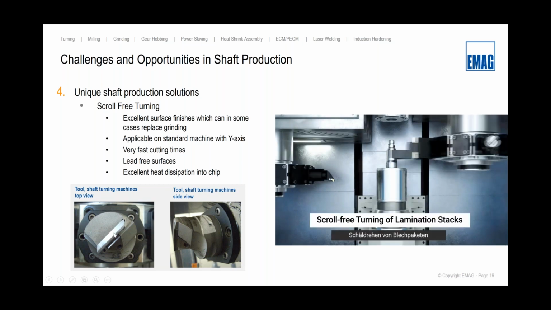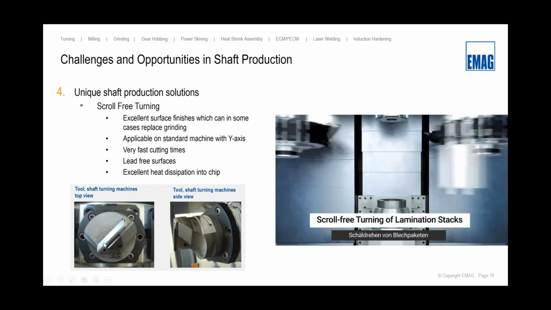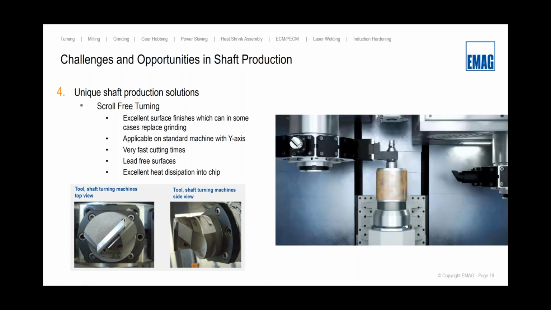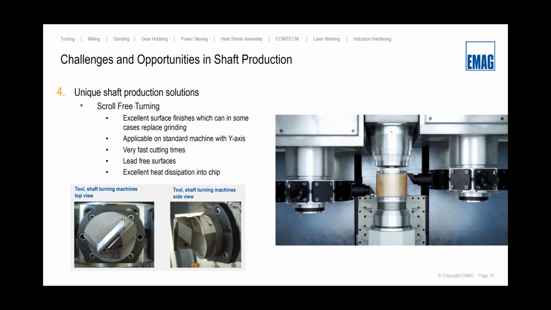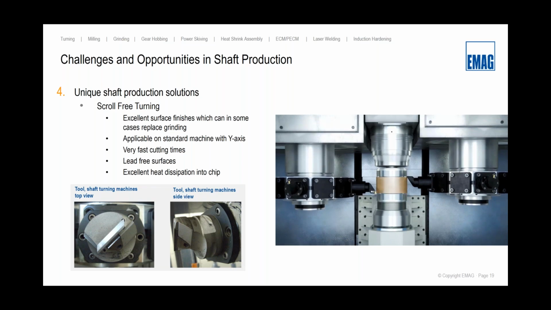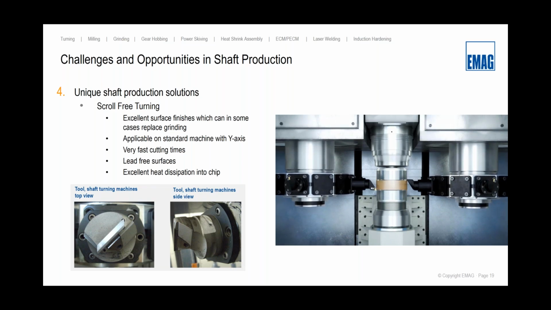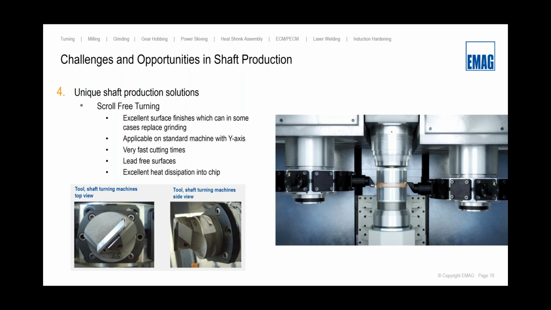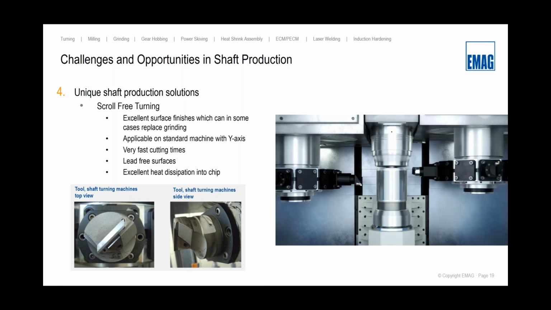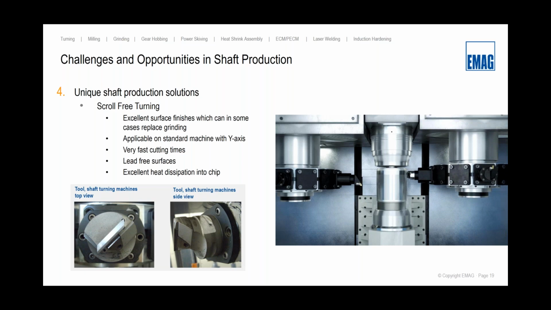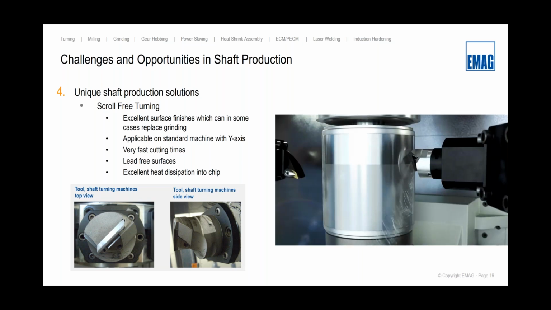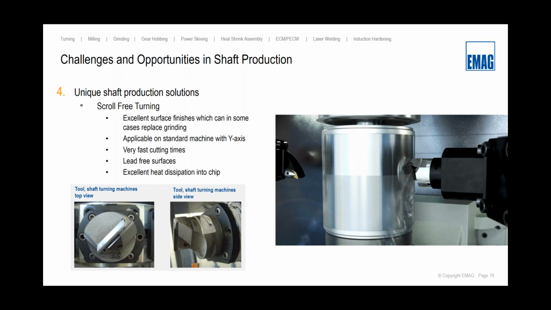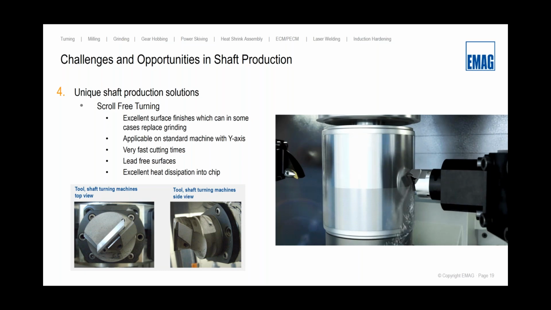So it's not so easy to say in the video, but basically once I engage that scroll-free turning tool, I'm also sweeping across the y-axis and interpolating down the z. So there's my skiving tool on the right-hand side. There's a very small sweep towards the y, towards the operator, if you will, and at the same time traversing